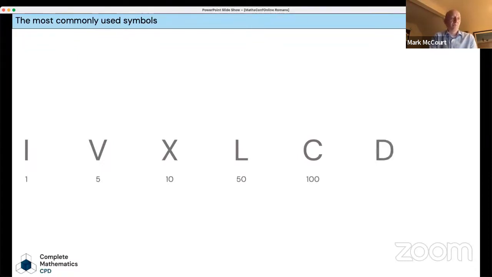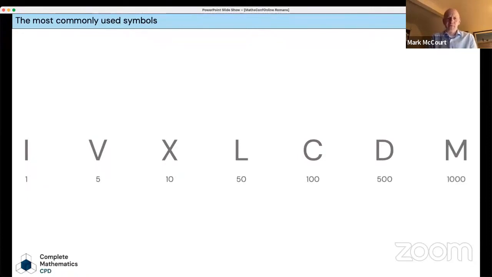These would be the most common symbols. So we use an I to represent 1, we use a V to represent 5. All sorts of mythology around why, is it about the crossing of hands and things like that. Lots and lots of mythology. The answer is we don't really know, but Etruscan symbols also had a symbol for 5, X for 10, L for 50. Really modern, most of these. C for 100. C, you think, century, that feels like that must have been one of the early and important ones, but actually lots of what we use, lots of the ways in which we use Roman numerals is really quite modern. D for 500 is a modern invention, as is M for 1000.